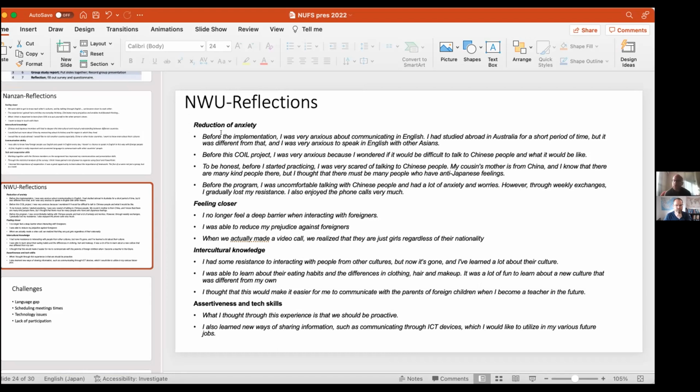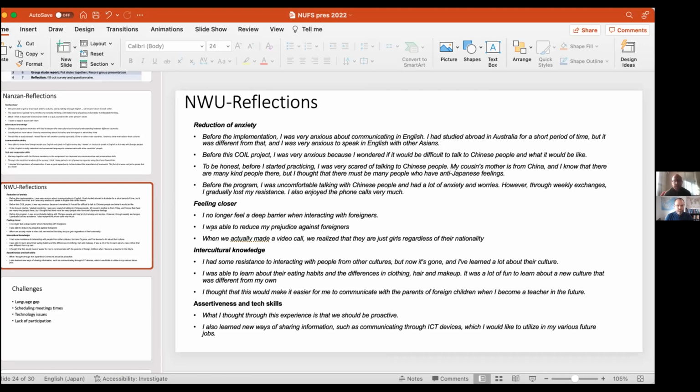And so they were very nervous, anxious about using English to collaborate with students in China. Some of the students talked about how they were scared. They had heard that maybe people in China might have a negative attitude towards Japan, so they were concerned about that as well. But through this activity, many of the students talked about reducing their anxiety towards intercultural